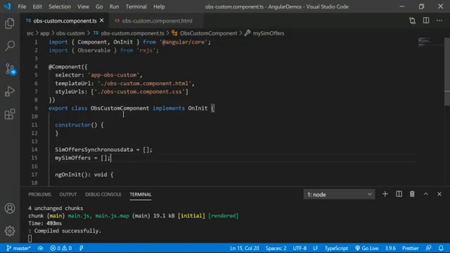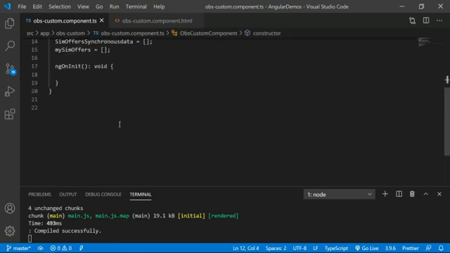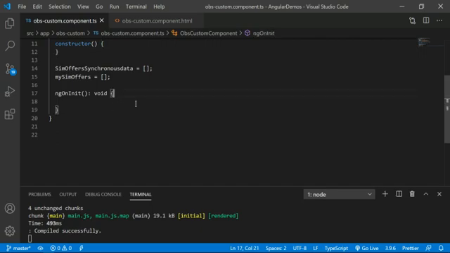First of all, whenever you are going to create the observable, you have to notice that the observable should be imported from RxJS, and this should be in the header section. Okay, then only you can access this observable in your component. Before I use the observable, here I have created two arrays, which are empty arrays.